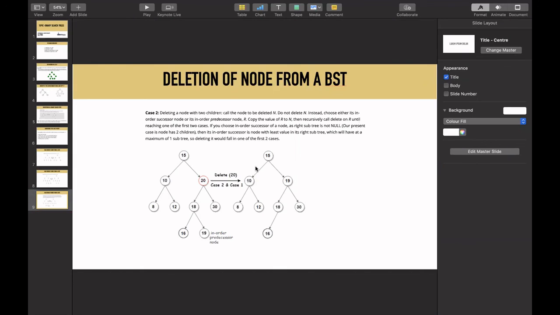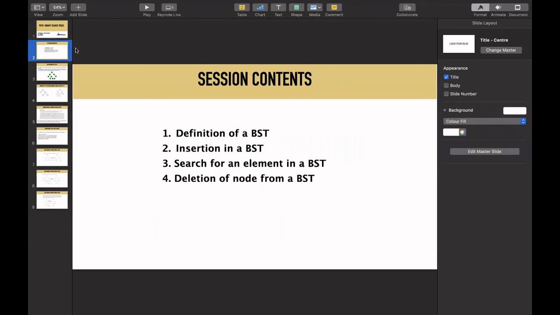So first you perform a search operation. You first find out the position of that node, and then among those three categories, you try to pick which category that particular situation belongs to, and then you try applying the algorithm that I mentioned. Okay, so that's pretty much about the basic operations that we can do in a binary search tree. You can do an insertion operation, a search operation, and then a delete operation in a binary search tree.